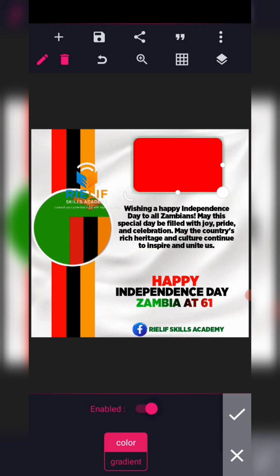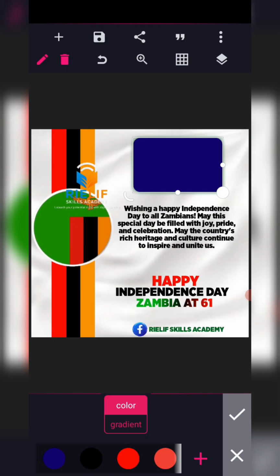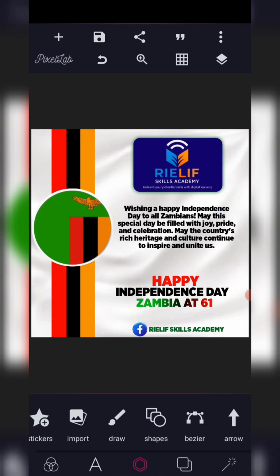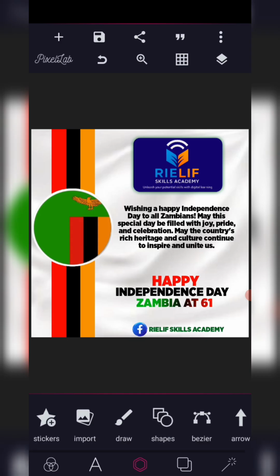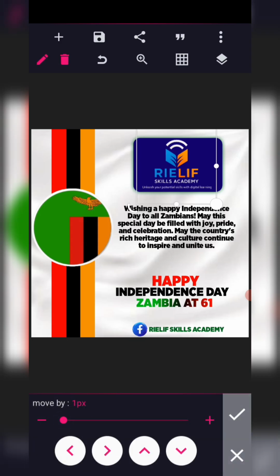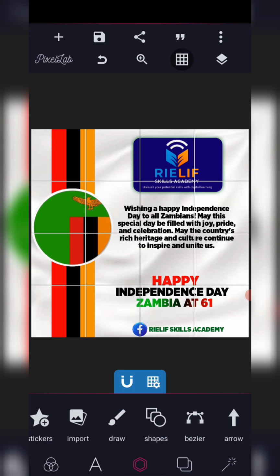for the shape that we've brought in. So I'm going to use blue. Okay, so I'm going to use blue. Let's see, and then I do this. Okay, so I've seen that it's matching. Then I just increase the size a little, like that. Okay, so it's well placed there. So just click, select it, and then go to position, and then you place it properly as well to ensure that it's well aligned. So other than that, you can also use what we call grids to ensure that what you're